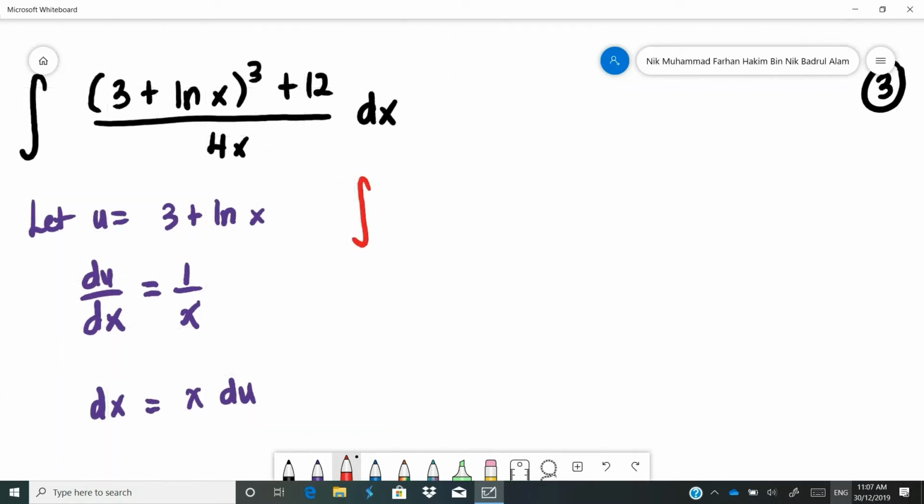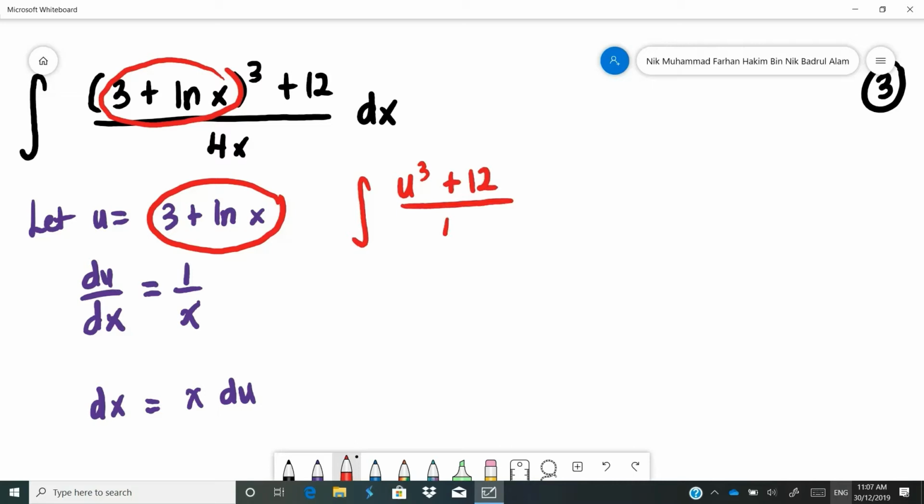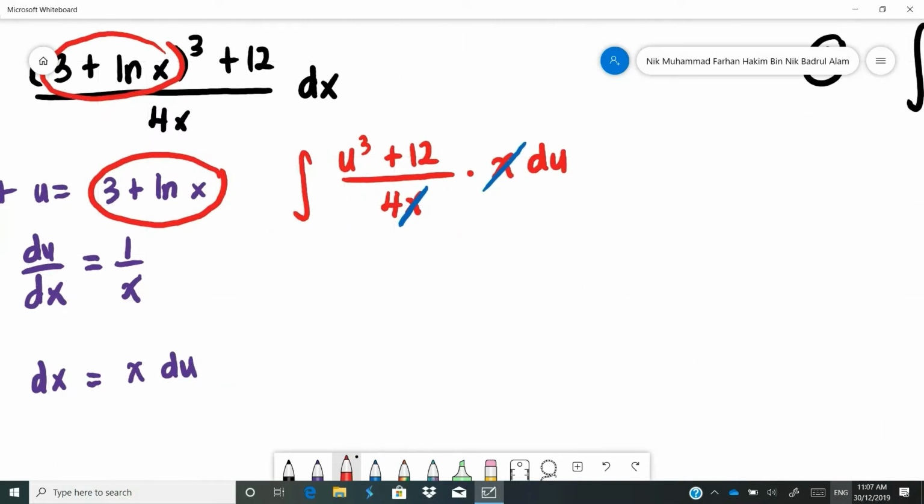Alright. So this one is going to be u. So the u is u to the power of 3. That's it. u to the power of 3 plus 12 over 4x dx is actually x du. And now we can see that we can cancel x and x here. So you will have something like u to the power of 3 plus 12 over 4